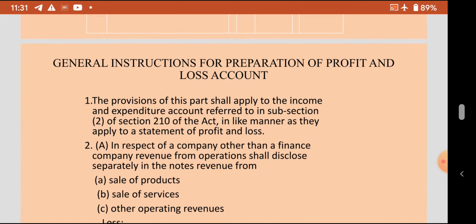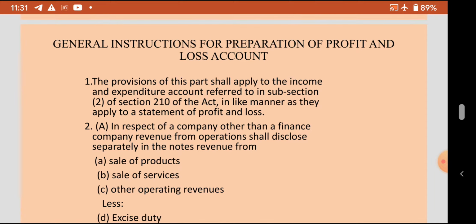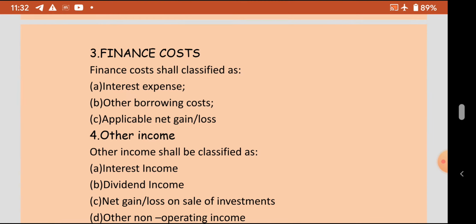So here let us have a look at some of the general instructions for preparing the profit and loss account. The provisions of this part shall apply to the income and expenditure account referred in subsection 2 of the section 210 of the Act, in as far as they apply to the statement of the finance company. Revenue from operations include interest expenses,